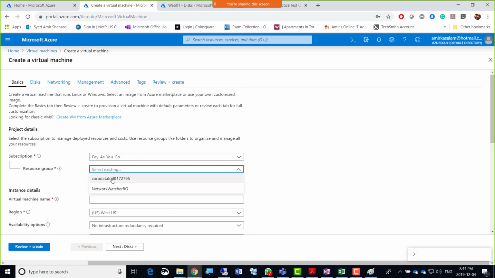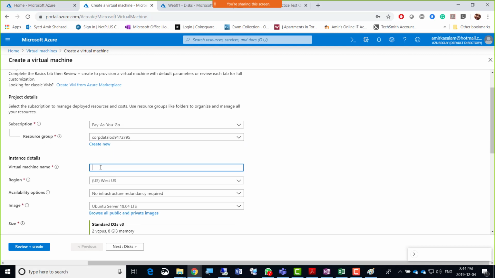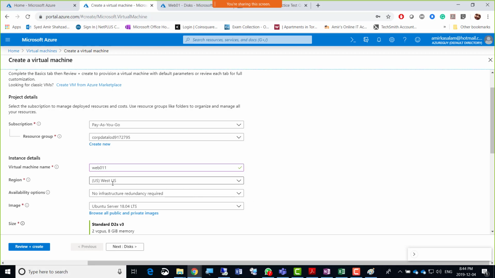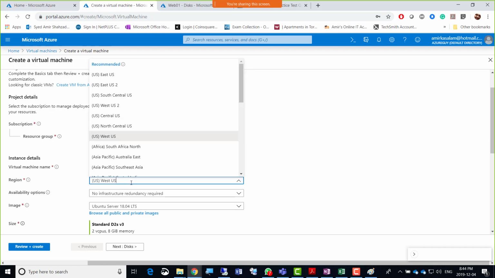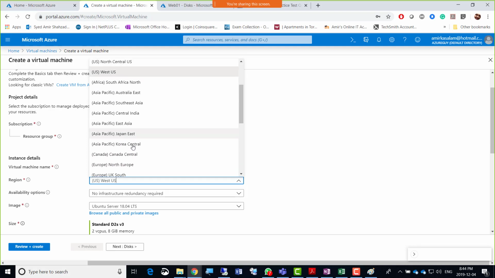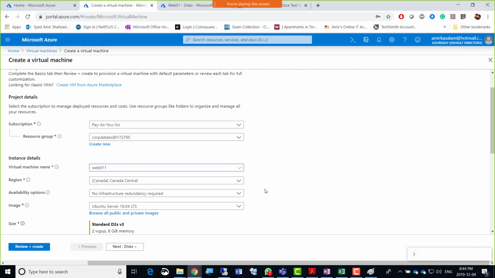and whatever resource group is already there. I'm just gonna name it Web011, and because there you need to create in US West. So West. I need to stick to Canada Central because some of my resources, quickly I was doing that, so they are spread across Canada East and Canada West. Canada East and Central. So I think I'm there in Canada Central now with all my virtual machines.